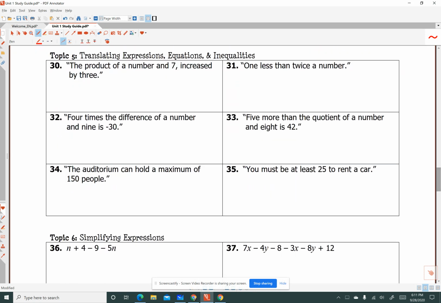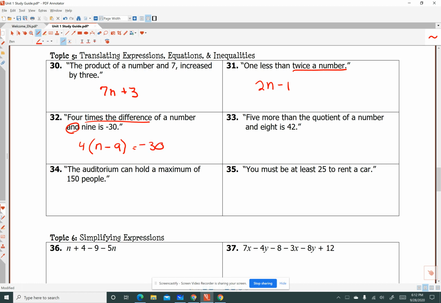Okay, our next topic, translating expressions, equations, and inequalities. The product of a number and 7 increased by 3 would be 7n plus 3. 1 less than twice a number, that's a quantity, so that's 2n minus 1. 4 times the difference of a number and 9 is negative 30. So 4 times the difference of a number and 9, be careful, that "and" does not mean addition, equals negative